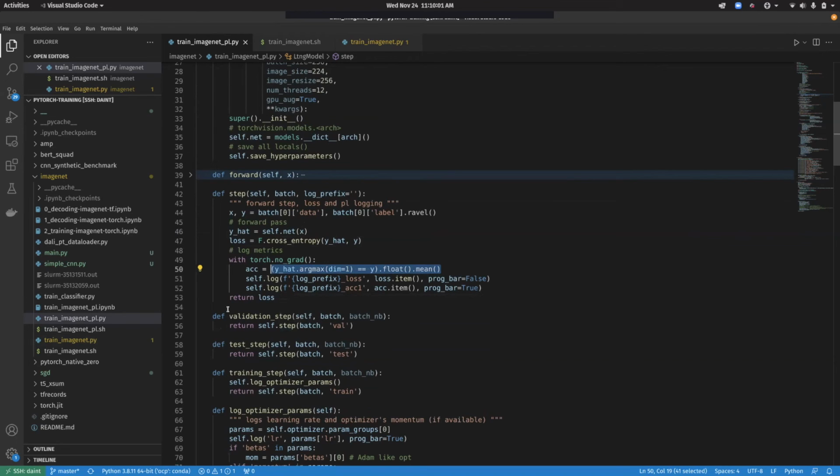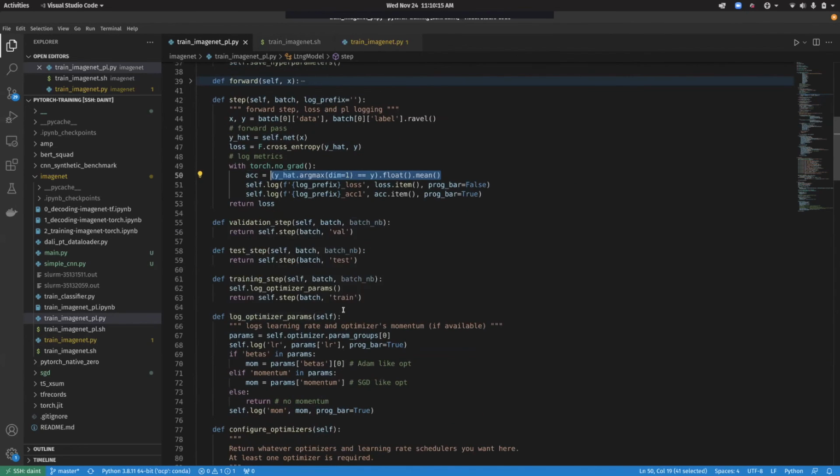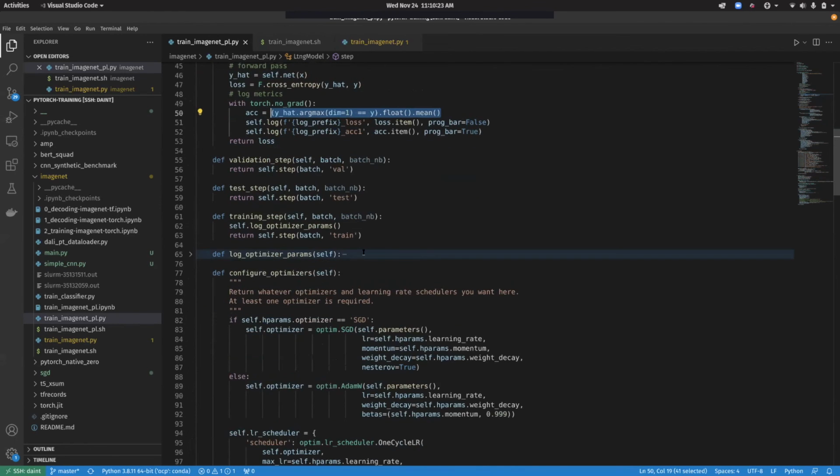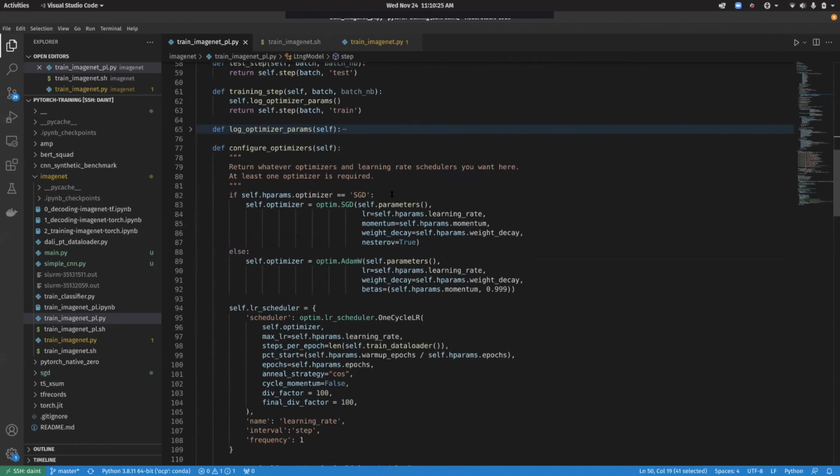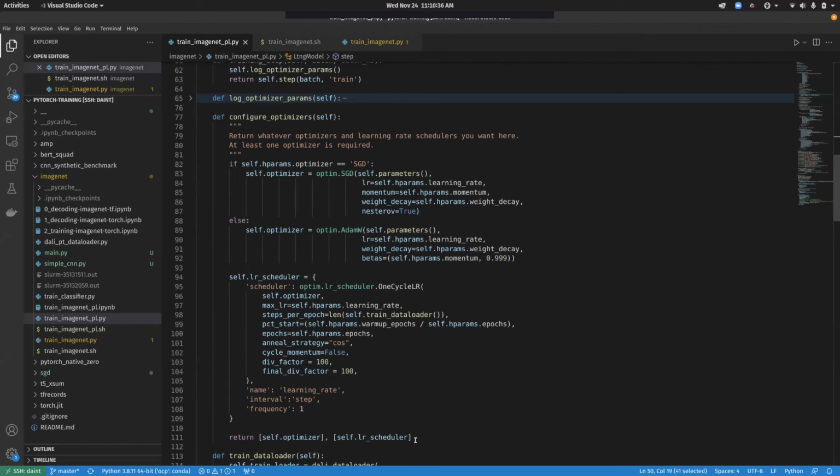So I've refactored these into this step function. And the validation step just calls step with a log prefix of val, and test, and the training the same. Training additionally logs some optimizer parameters like the learning rate and the momentum, if it's available. But yeah, let's not worry about it. You have to configure optimizers, right? And basically define one optimizer that you want. You can have a learning rate schedule as well that also goes with the optimizer here, and you return them as a list like